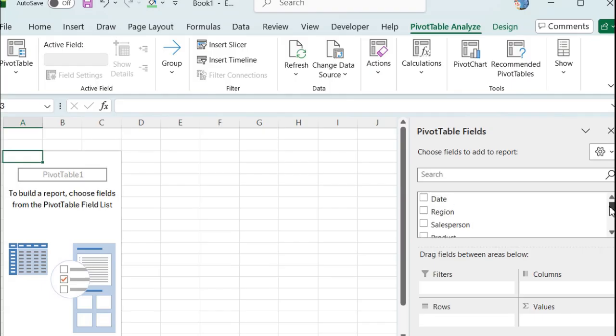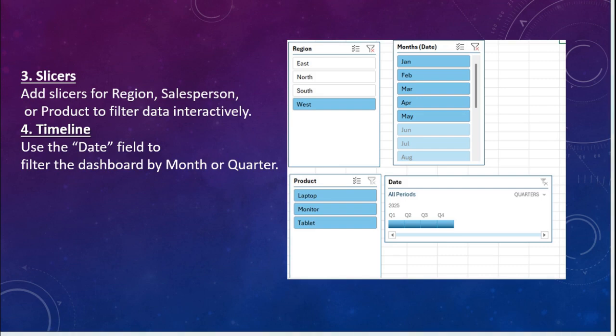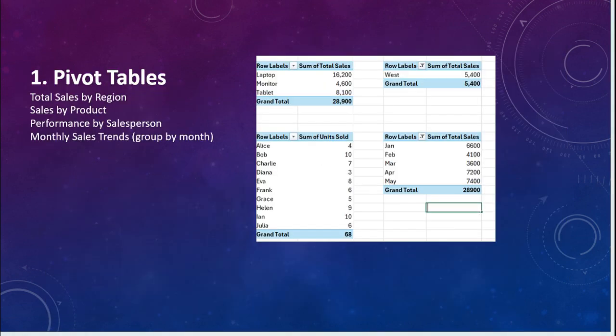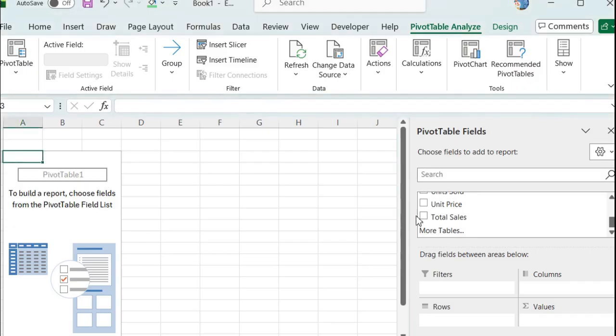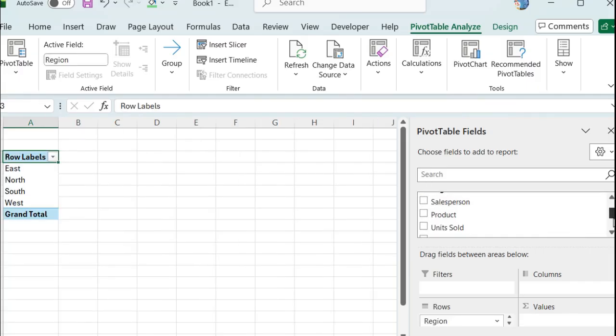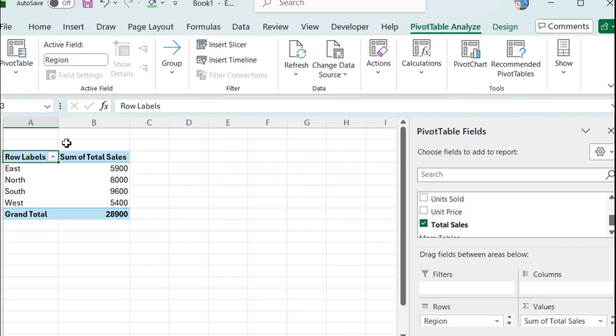We have created the pivot table by using our source data: date, region, salesperson, product, unit sold, unit price. Here I am finding the total sales by region. Just select the region column, then find the sum of the sales. Here we have total sales, just select that field. The sum of the total sales is